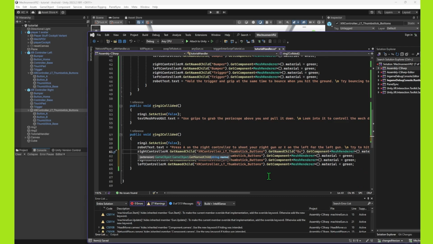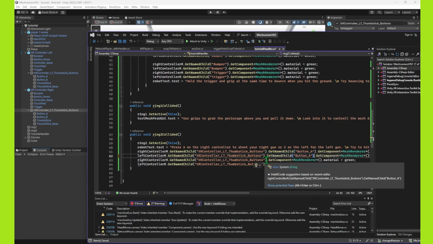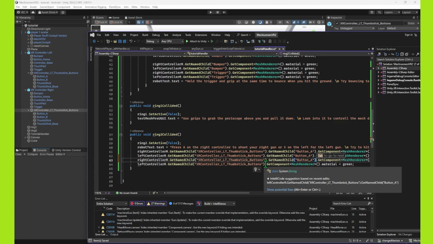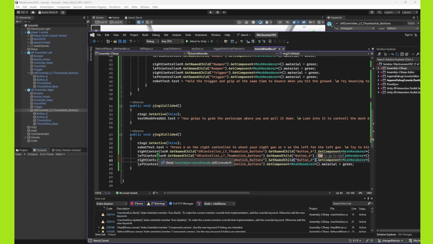Button A. So on both controllers, button A. So button A on the left, button A on the right, and then button B